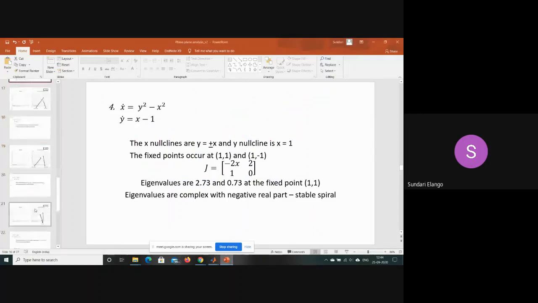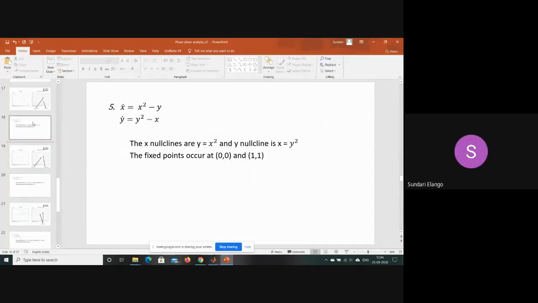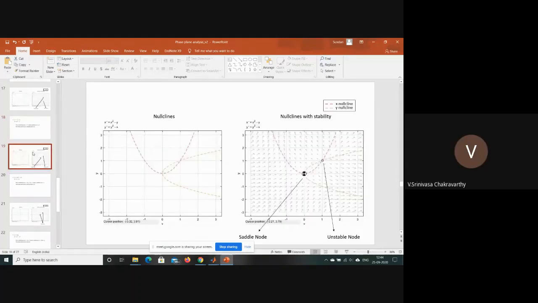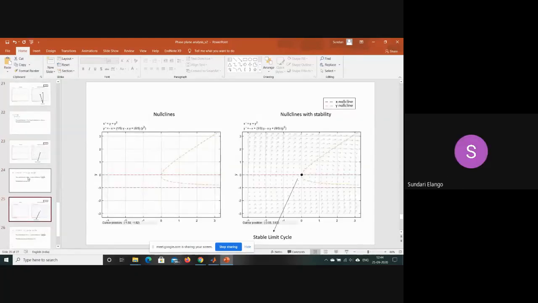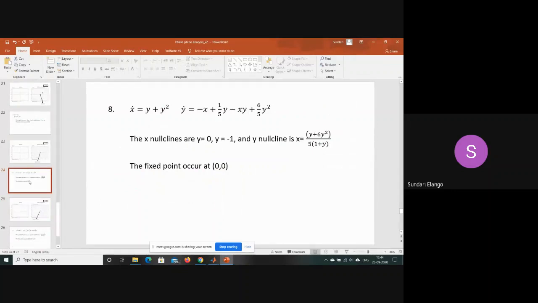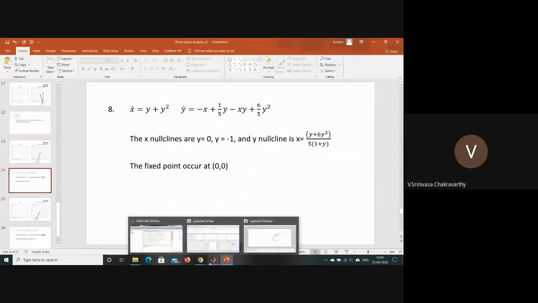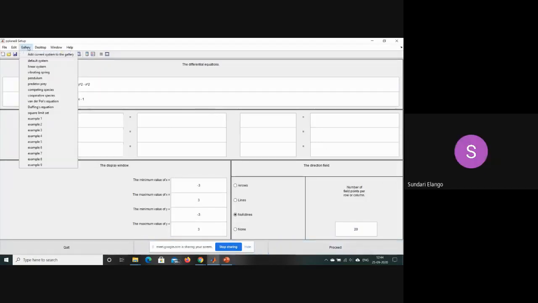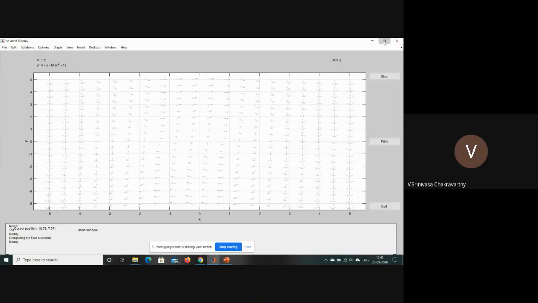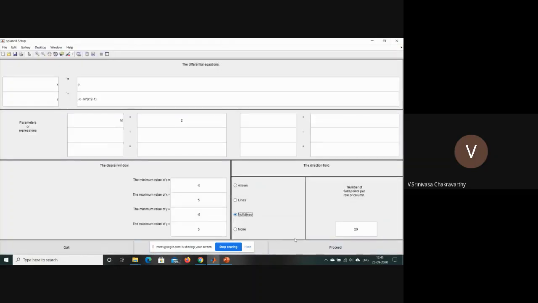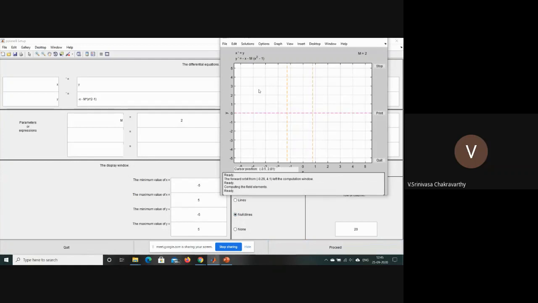So can I move on to the next system? Yeah. Can you do one limit cycle example? Yes, sir, that's coming up. Do you have a Hopf oscillator or something? Just one second, sir. I don't have a Hopf oscillator one, but does this system have a limit cycle? I think it's inbuilt though. Right. So does it show null lines?